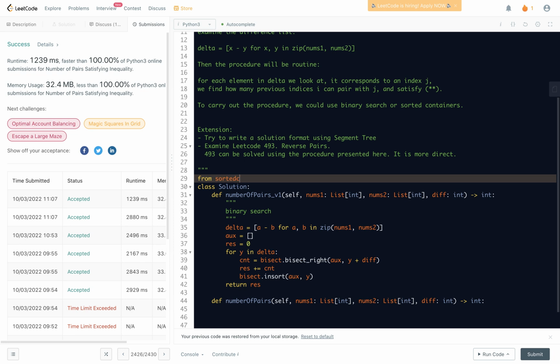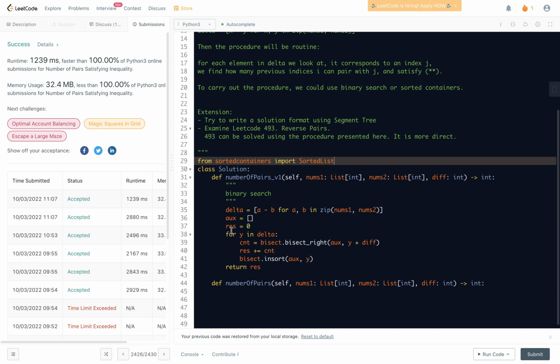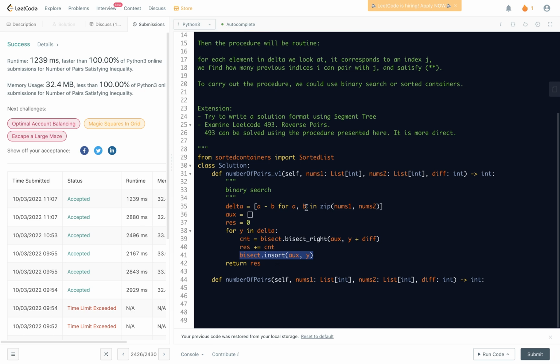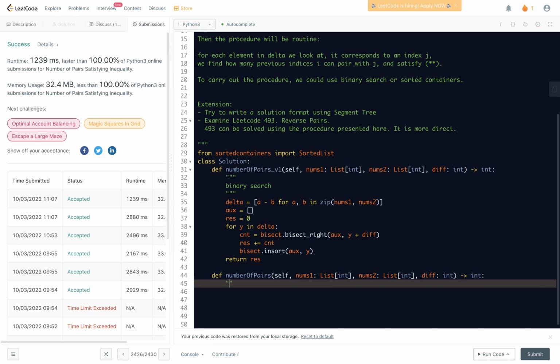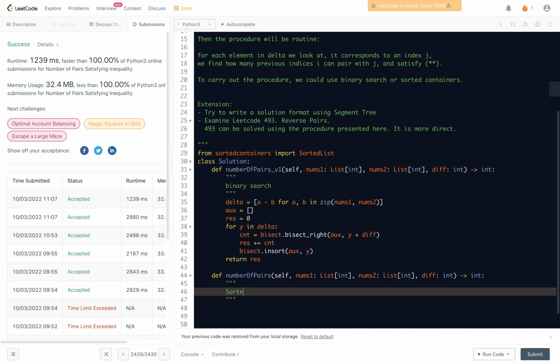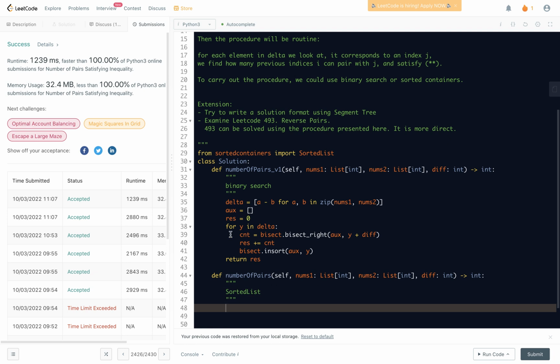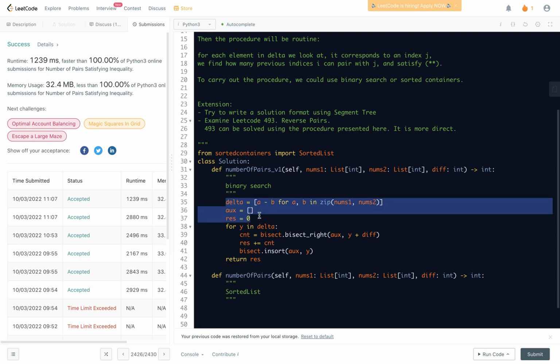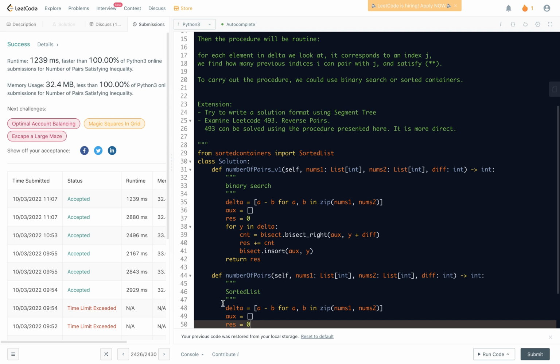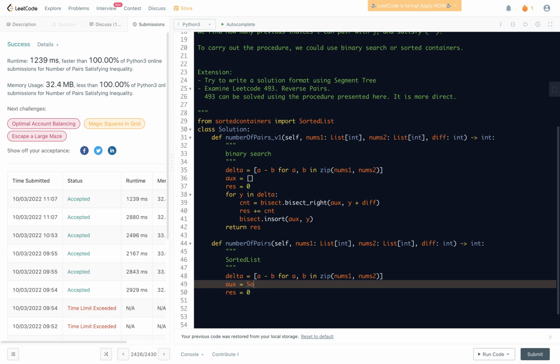What we are going to do is use sorted containers. For this purpose, let me import sortedcontainers, so we can use SortedList. Essentially this operation will maintain the list being sorted. So now let's use sorted container to do this directly. We're going to use SortedList. What we're going to do is essentially the same. So let's copy this part,